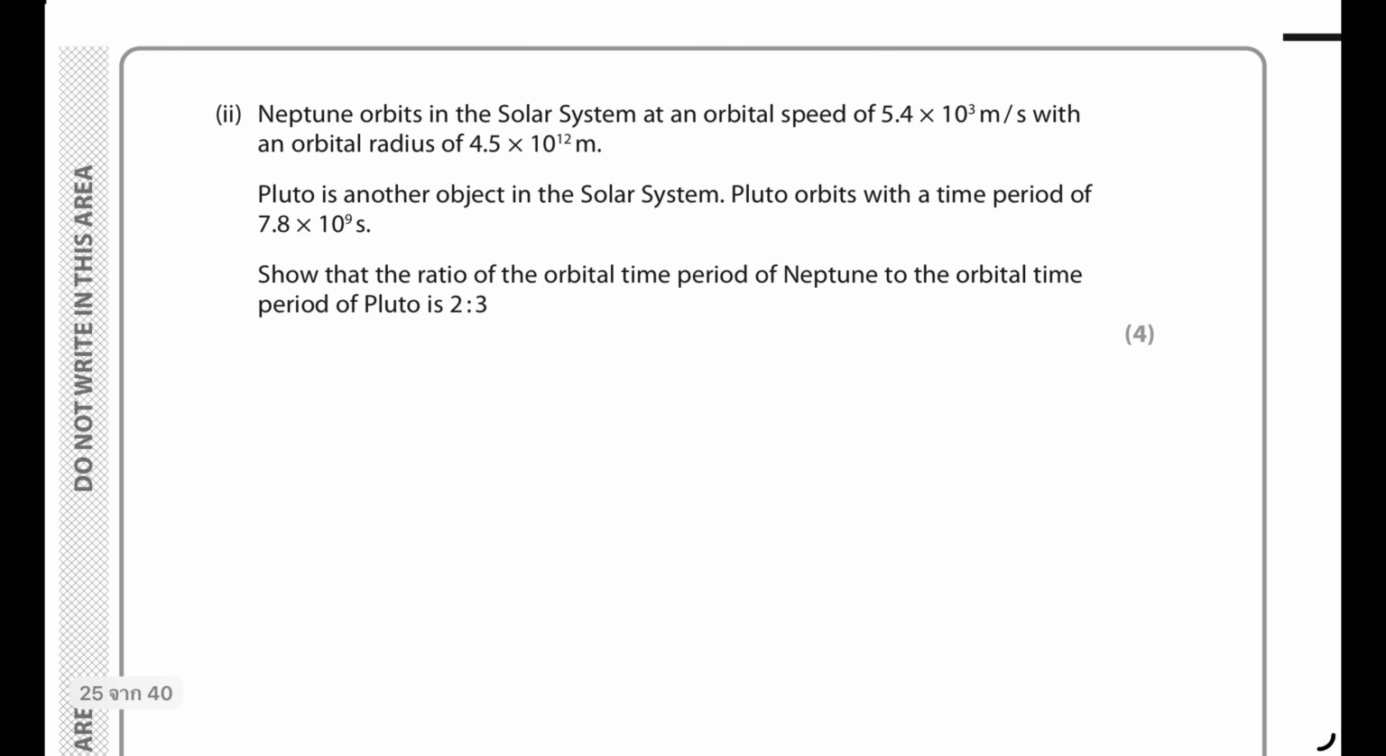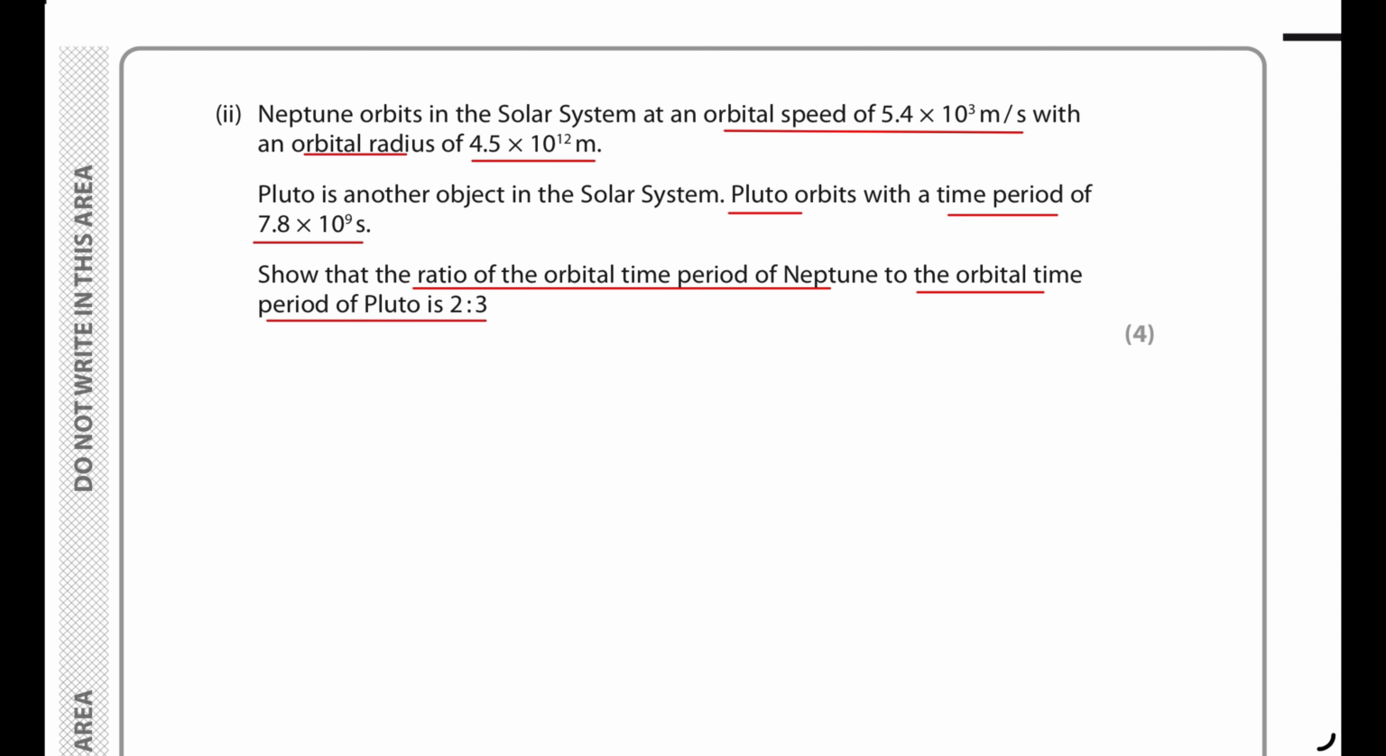Okay, then question B II. Neptune orbits in the solar system at an orbital speed of 5.4 times 10 to the power of 3 meters per second, with an orbital radius of 4.5 times 10 to the power of 12. Pluto is another object in the solar system. Pluto orbits with a time period of 7.8 times 10 to the power of 9 seconds. Show that the ratio of the orbital time period of Neptune to the orbital time period of Pluto is 2